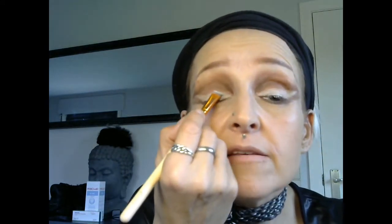I'm gonna use white powder now. So this white powder is to set the concealer, and it's gonna be the base for pigment. So I'm not gonna keep it like this, but I like it like this. Now, I've got this cute, wonderful, magnificent,